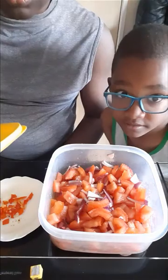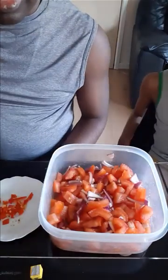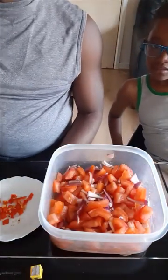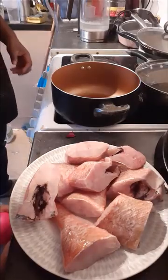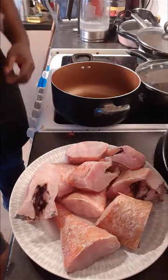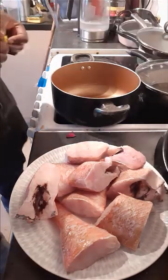So that's it. And next we'll clean the fish before we fry it. When you close it, you can leave it on. Now we have our fish ready. Now all we have to do is to spice the fish, and after we finish spicing the fish, we put some